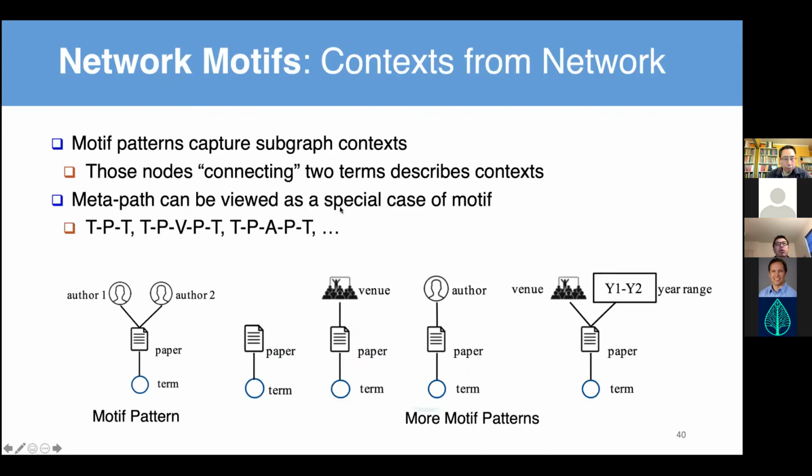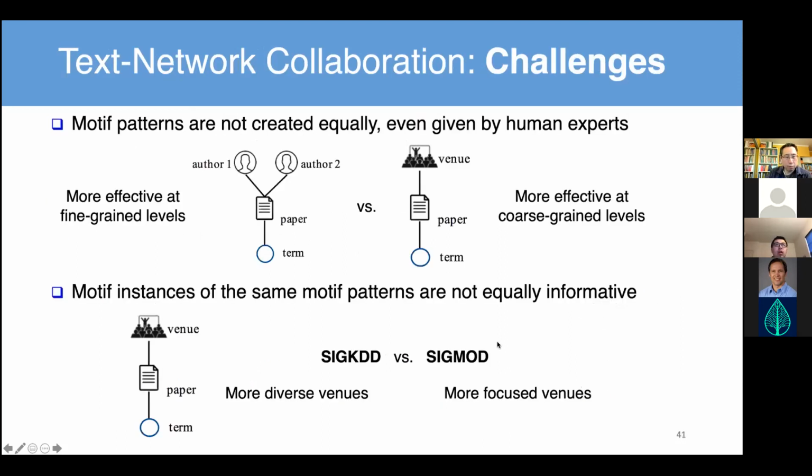And the middle three here can be degenerated to a path connecting the two terms. So we're using these subgraph patterns. It contains the meta path as a special case. So when you are thinking about this embedding learning, we are going to learn the embedding not only based on the context from the text data, we are also going to use the metadata as a new context here.